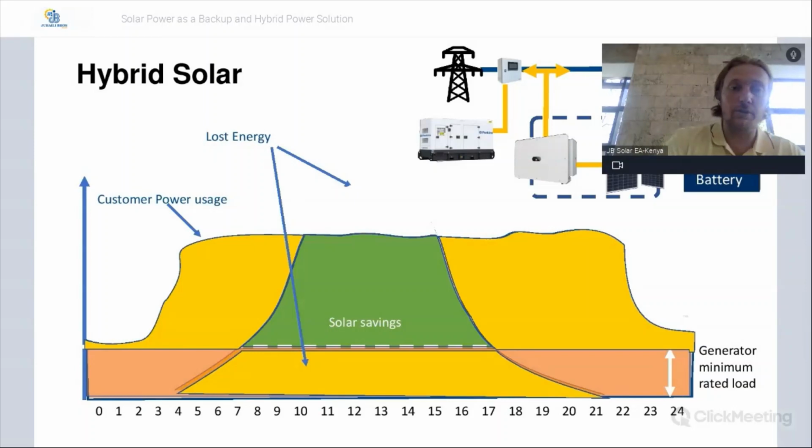So the solar curve is supposed to be as normal with the peak at noon. But with the battery, what you can do is you take the excess, and so this plateau there is the load. It's labeled there, customer power usage. You can see that plateau. So the top part of the solar curve has been applied to the customer power usage, because with this configuration, you can store your excess solar energy, and you only need to run your diesel generator as the base load,